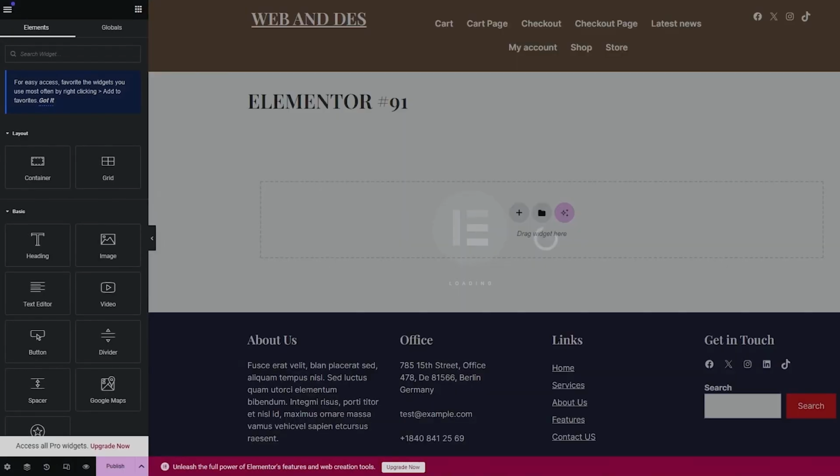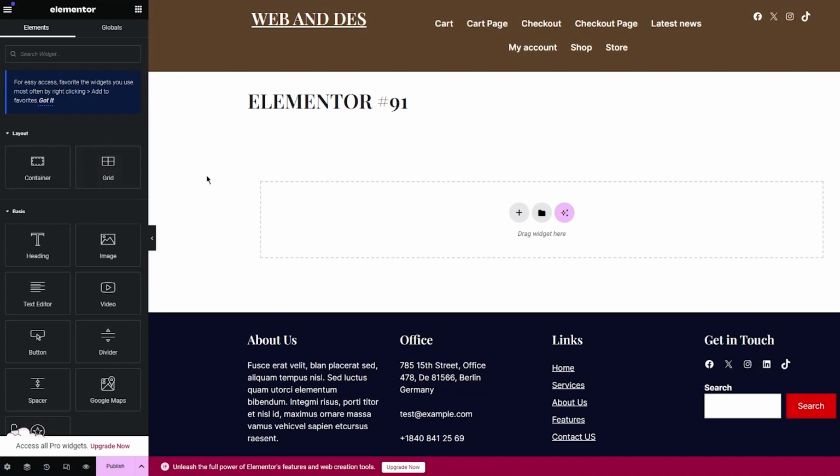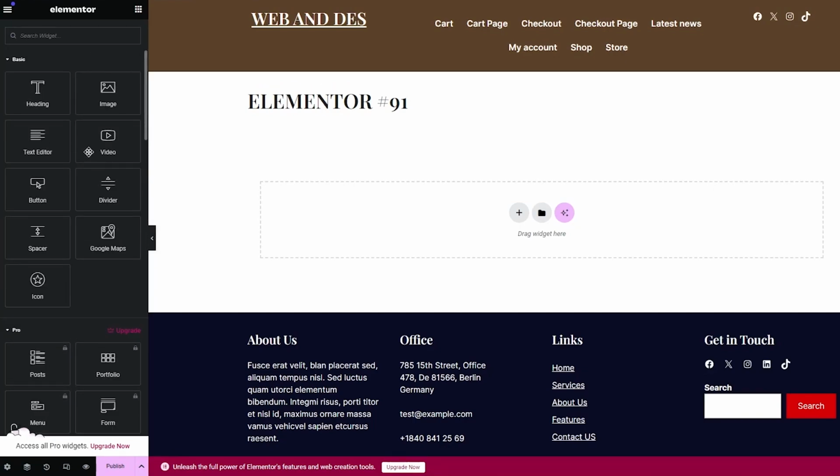So I'm simply going to wait for this section to load up. And once it loads up, let me show you what we are going to get into. So over here, first of all, you're going to go ahead and add layouts for yourself. So you can add different containers, you can add different widgets accordingly. And obviously, the themes you create or the styles you create are going to recurringly be according to your main